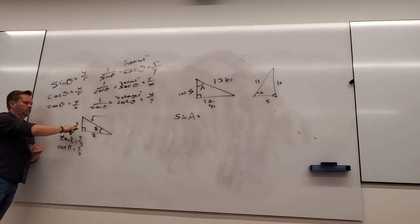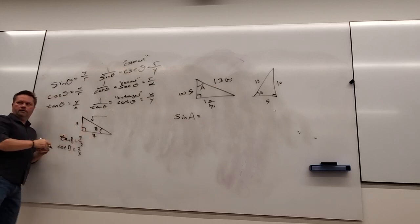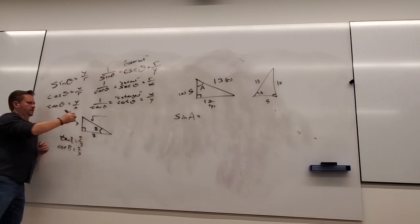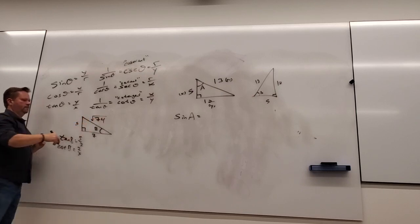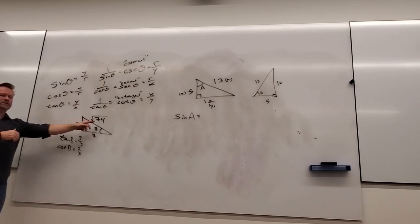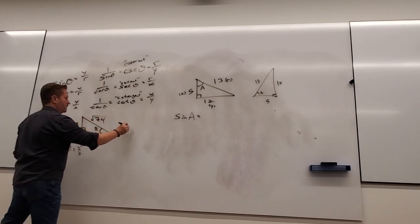So it'd be 25 plus 49, which is 74. I don't think that'll simplify, because 74 is 2 times 37. There's no square number in it. You guys see that? You have to check though. You have to simplify it if you can. But that won't simplify. So help me out, what's the sine of...